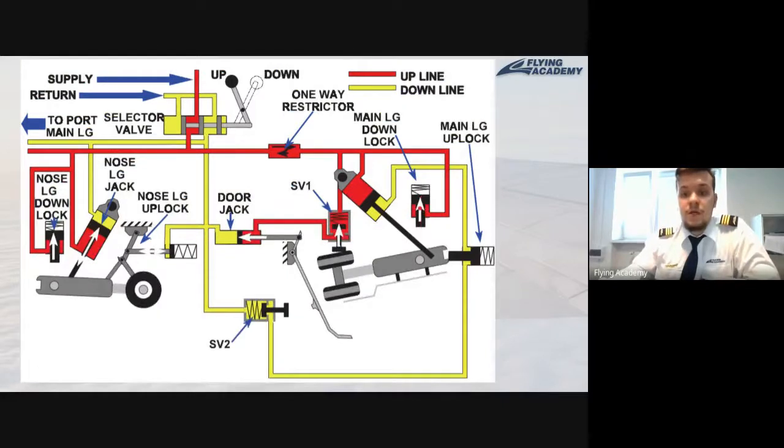So the first thing which is supposed to happen is we're supposed to unlock the gear. Immediately when our gears are unlocked, technically our gears will be able to retract. Our lever is still in the up position, and our actuator will start closing the landing gear, or put the landing gears in a retract position. It will be pushing the landing gears into the up position until the moment when our landing gears reach the special sensor, which will prove that our landing gears are actually in the up position.